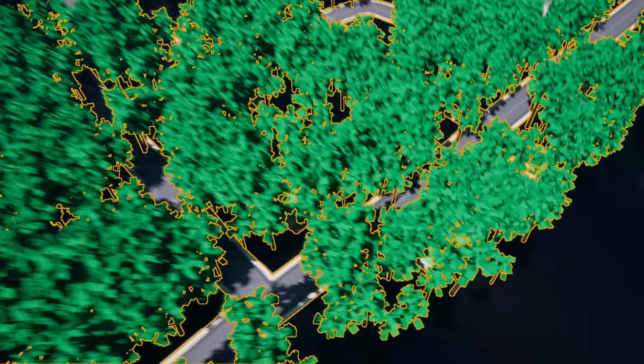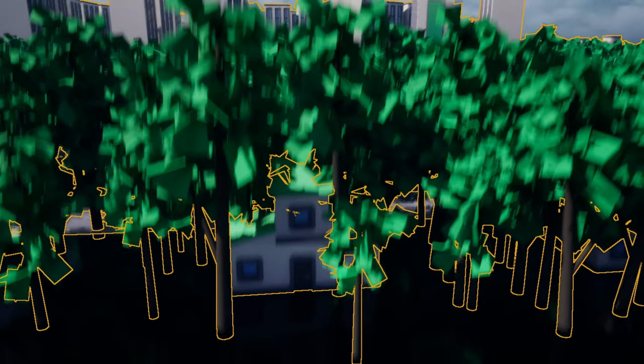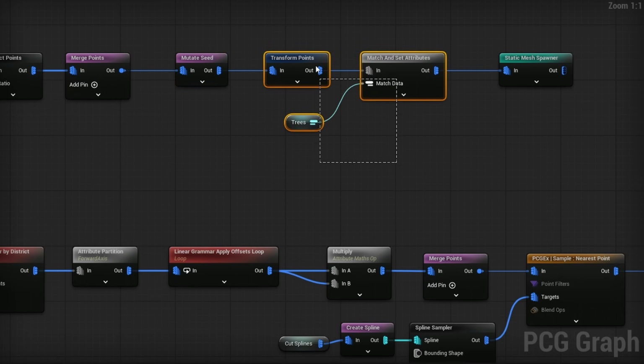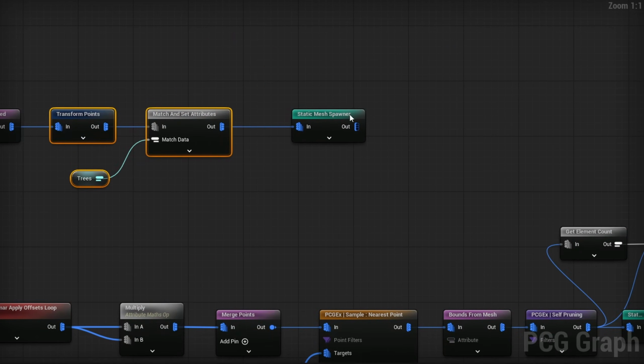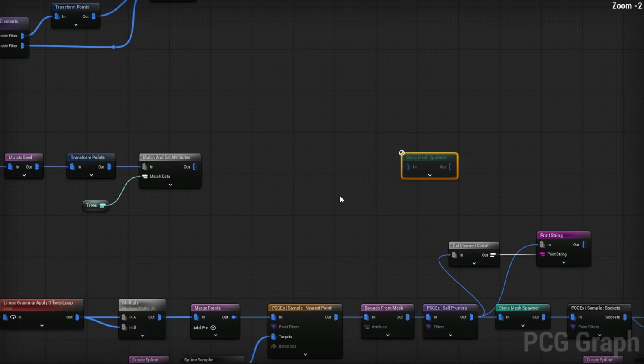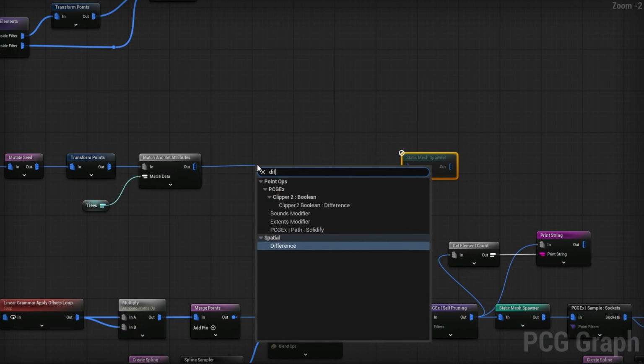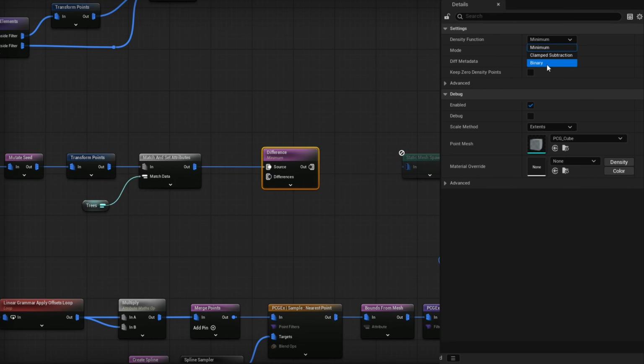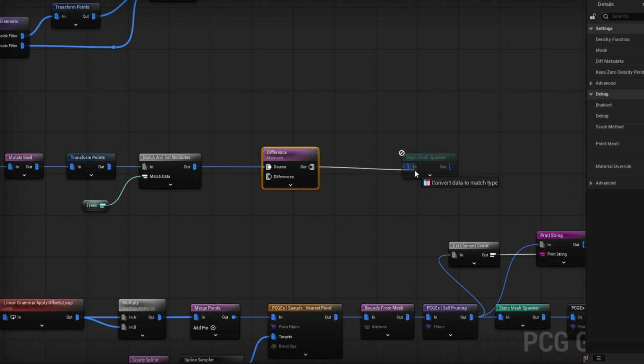And we also don't need to remove anywhere where there's a building because we can't see our buildings, and that's kind of important. Now I'll go ahead and remove this right before the static mesh spawner because we definitely want to do it after the transform points. Before the static mesh spawner, I'll drag out and grab myself a difference node, and I'll make the difference be set to binary,